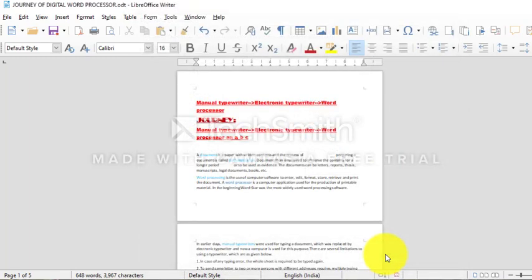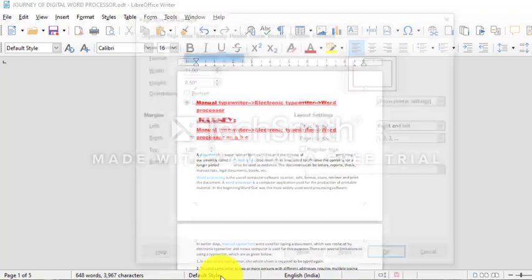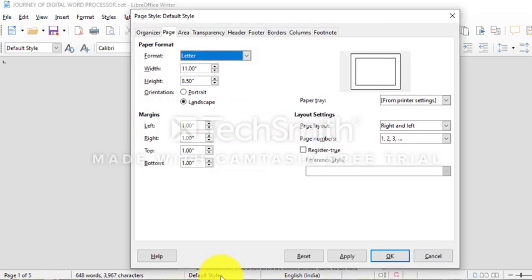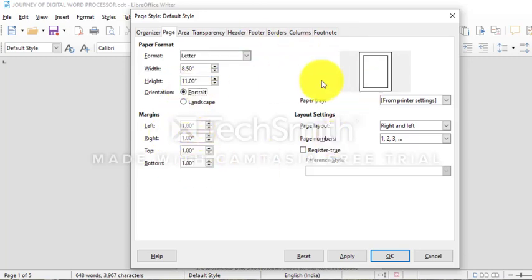The default style is assigned to the new document by default. And how can you set the default style? It appears on the taskbar of the writer window. To change the various parameters of the page, just click on the default style on the taskbar and it will open. And now you can change the default style. I want it to be in portrait.